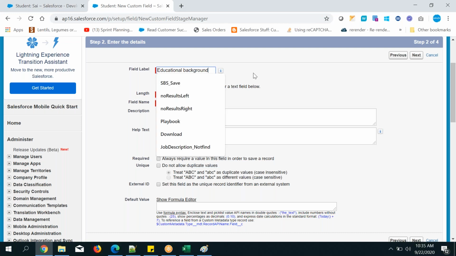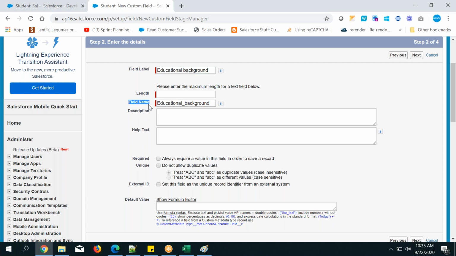Field name. Student. Now did you observe one more point? Here there is a gap. So field name is there, right? I have added a label name, but the field name is taken by Salesforce without space. So it is added with an underscore by default.